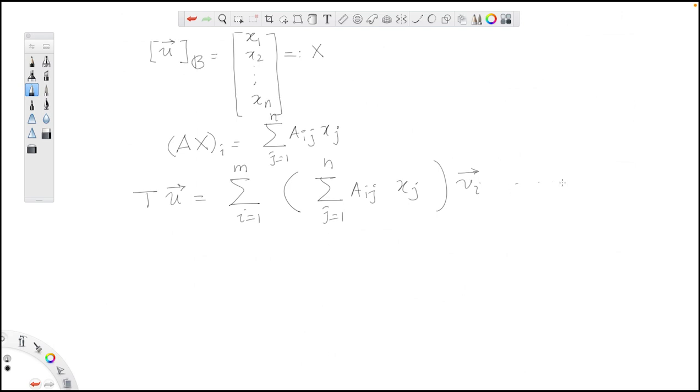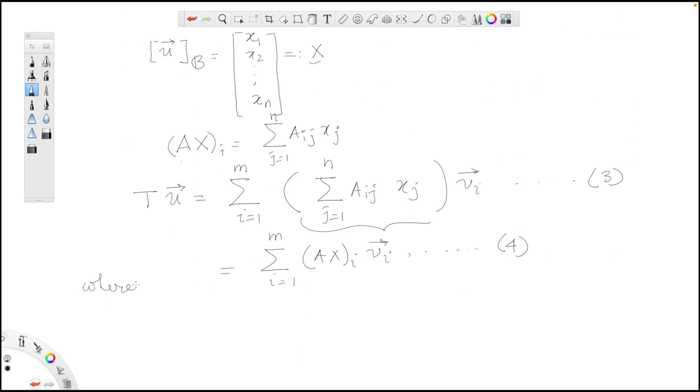That was equation number 3, right? Now from this we know that this, in our new notation, is (Ax)_i, so that we have the sum over all i's of (Ax)_i v_i. This is our equation number 4,